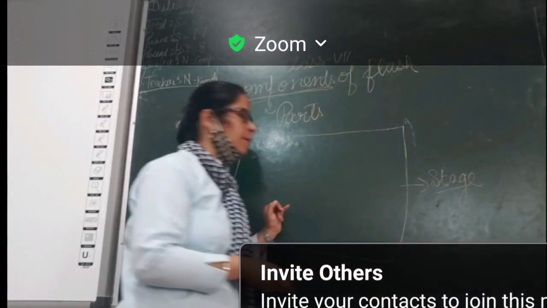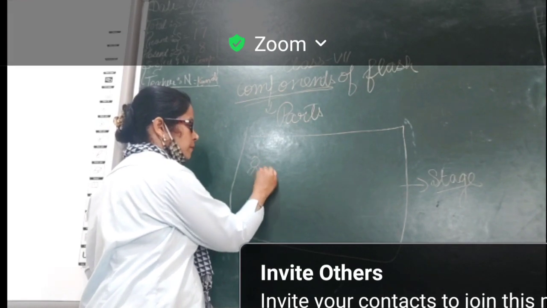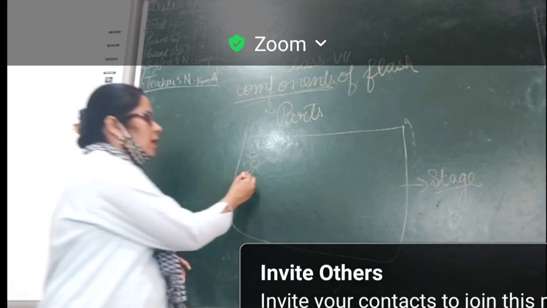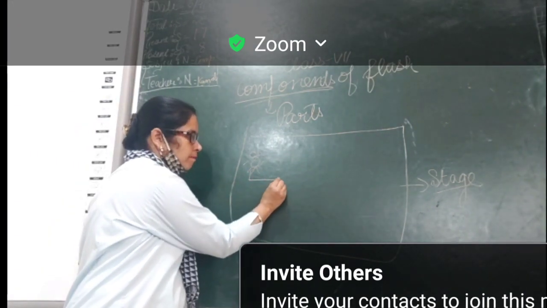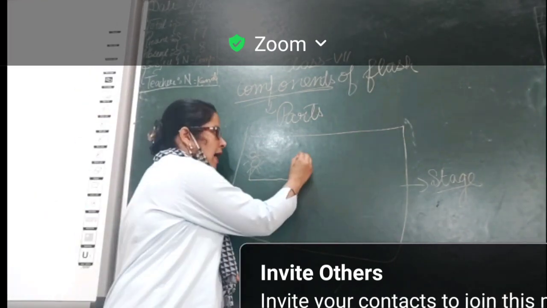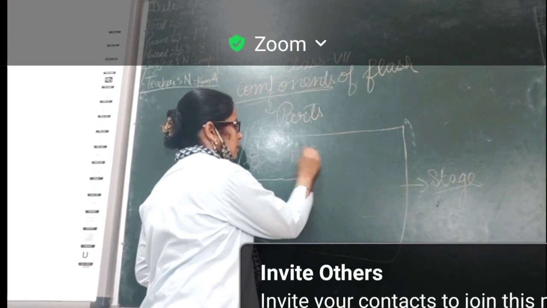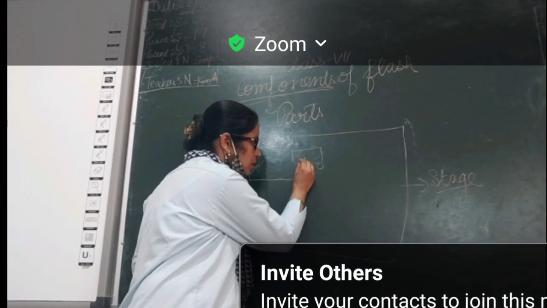So what I am going to do is there is a cartoon character over here, and he is moving here. Till this he moved, and a bus comes.